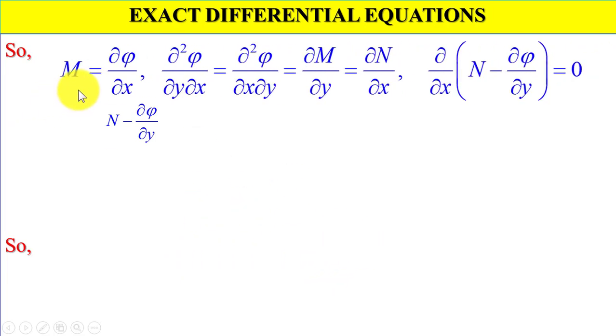Therefore, M is equal to ∂phi/∂x and ∂²phi/∂y∂x is equal to ∂²phi/∂x∂y is equal to ∂M/∂y, and since ∂M/∂y is equal to ∂N/∂x,